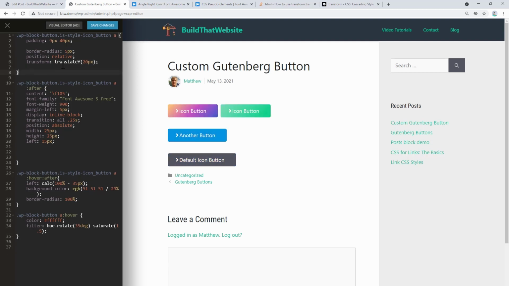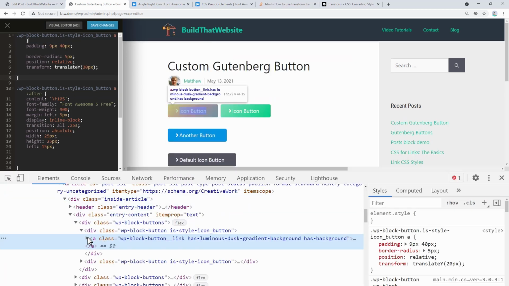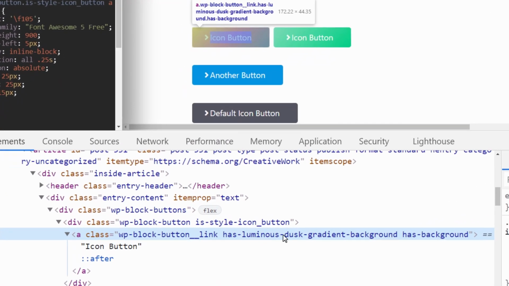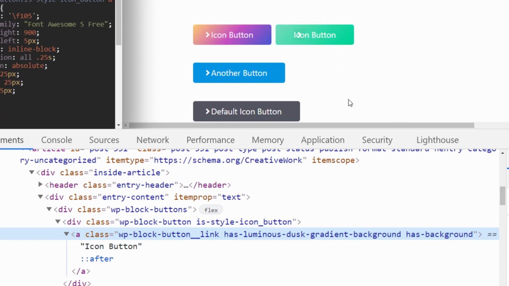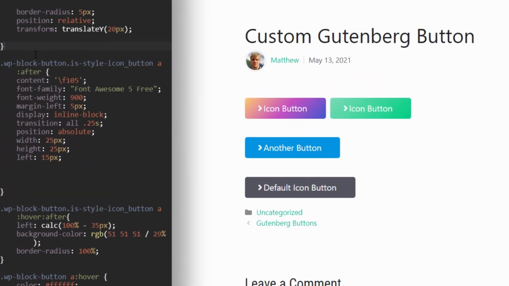for our button. And to get a clue how to do that, we're going to inspect this. And you can see that this button and all the other buttons that we've set up in the Gutenberg editor that set up the colors have this has-background class. So we're going to target any button that doesn't have this class. So we can write a rule,